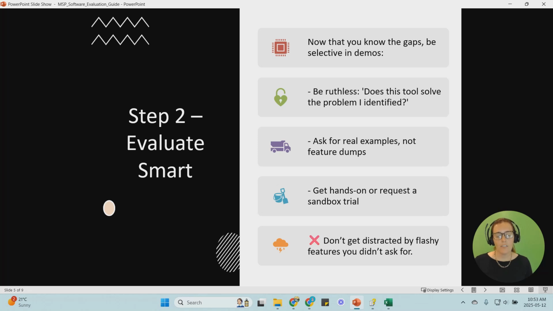I tend to have a lot of trouble sitting through a sales demo because I like to get in, I like to click things, I like to try and break the software. So if you are able to get a sandbox, it's amazing. You can find out very quickly if something's going to work for your process or not. A lot of really good vendors do offer a sandbox environment.